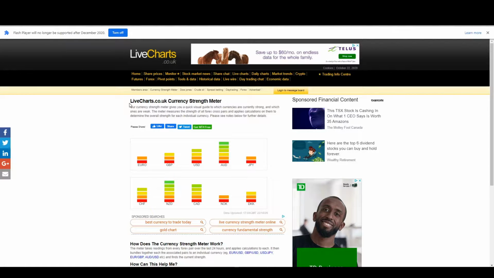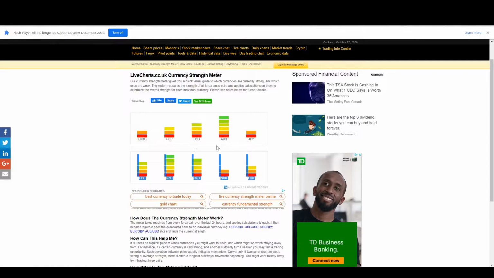Okay, so the website I'm on right now is just called livecharts.co.uk currency strength meter. It'll be in the description for you guys to click on it afterwards. So basically here's our major currencies along the top and some of our minor currencies along the bottom. So these bars determine how strong our currency currently is. So these weaker pairs like euro will only have 1 or 2 bars, while the stronger pairs will have 4,